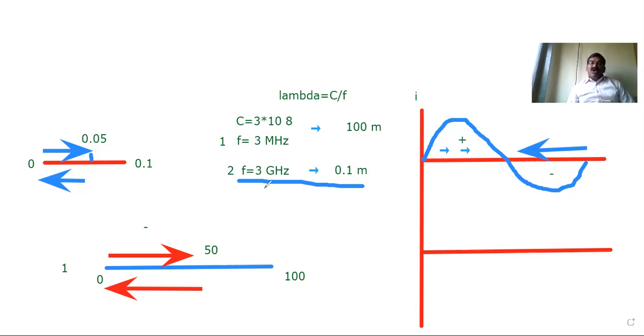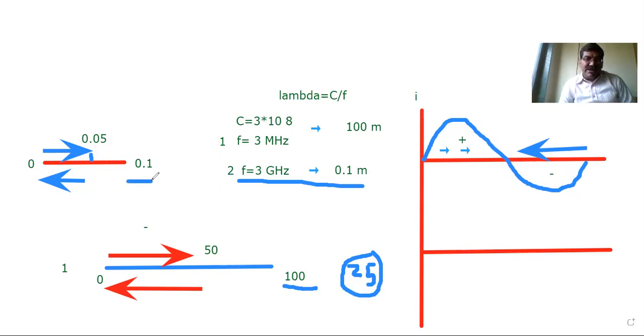And based on this frequency, if you want to design an antenna, so here lambda is 100. If I want to design an antenna for lambda by 4, my lambda by 4 is 25 meter. So whatever my antenna height or length, that will be 25 meter. Here that is something different. This divided by 4, so you can get 0.025. So this way, the lambda is most important.